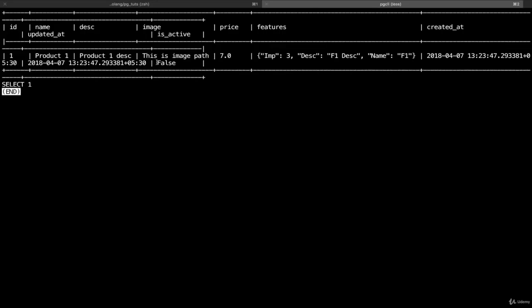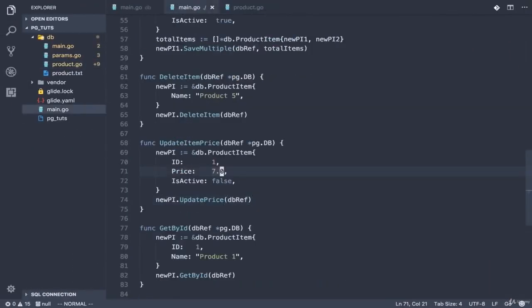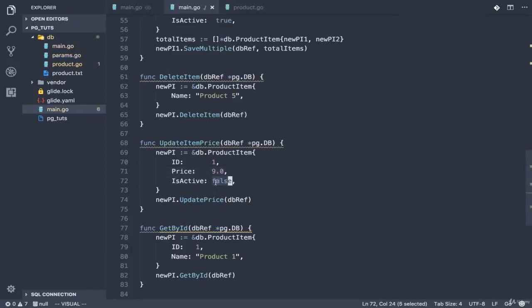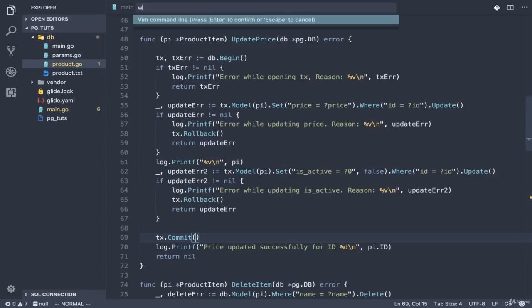As you can see, it's false now, right? So both the queries ran. Let's try to update the price. I'll tell you why it's not working, because if you see is active, right? For any boolean, false is a null value, sorry, zero value. So that's why this driver thinks that it is a null, so for that you might have to use